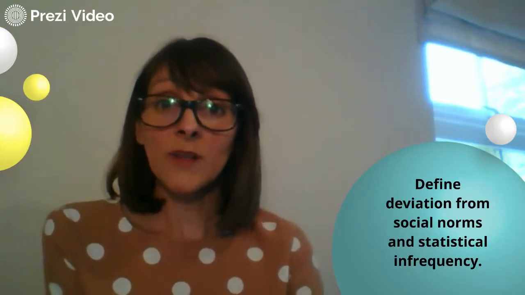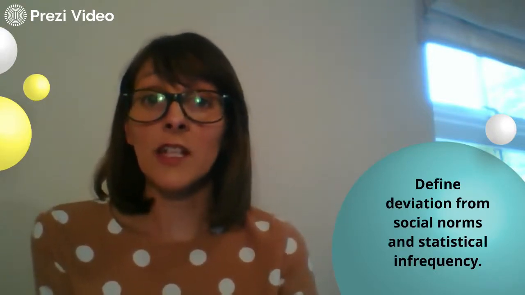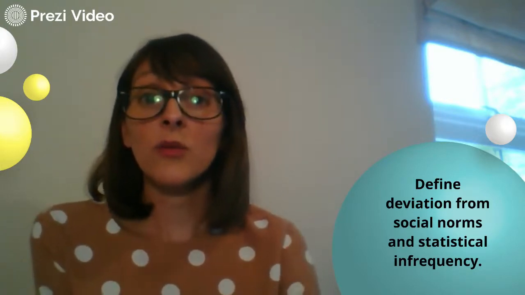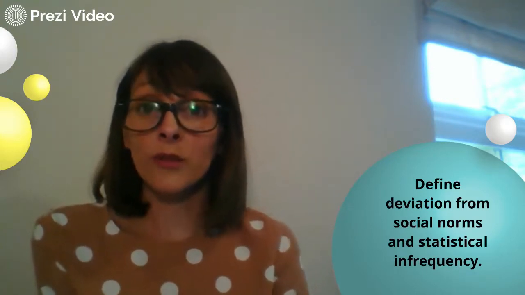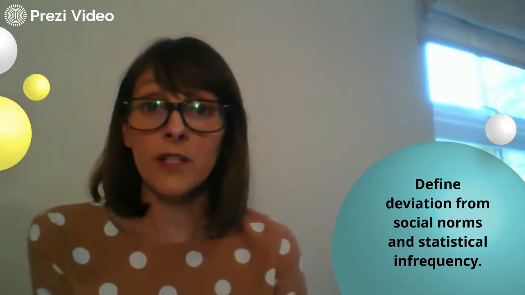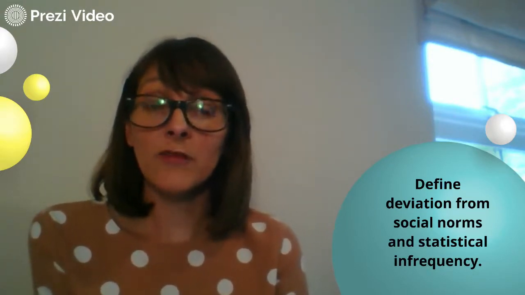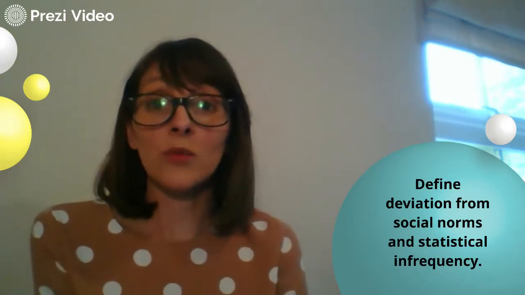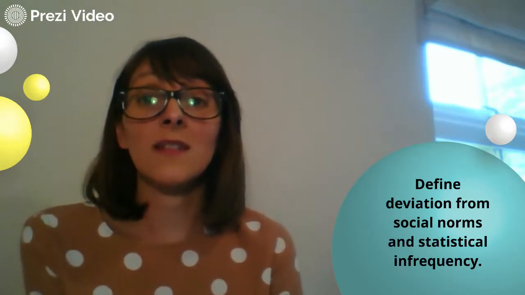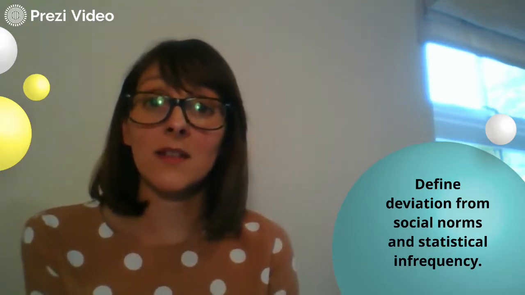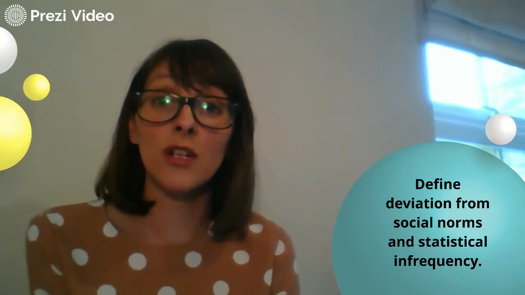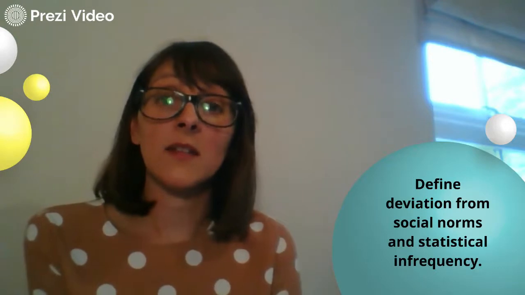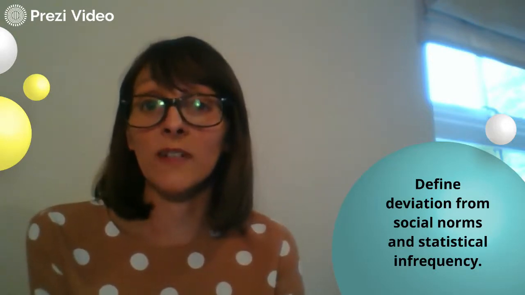So what I'd like you to do now is pause the video and try and write a definition for each of these keywords. Okay, so you can look back at your notes from the last lesson and you can check your definitions. Things that you must have within your definitions, so deviation from social norms, you must have the idea that someone is deviating from what is seen as normal in society, and this can be bound by laws or culture or religion, and it has to be a behaviour that we see as being unusual or quite worrying.